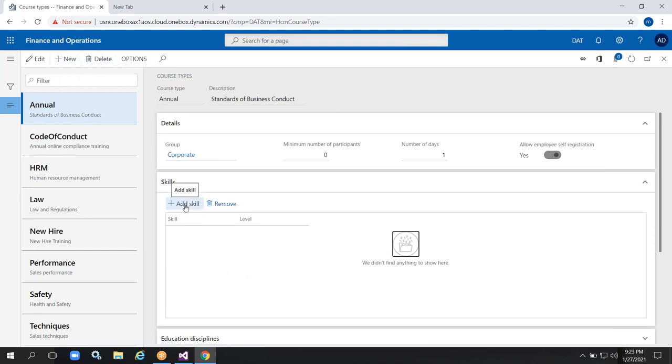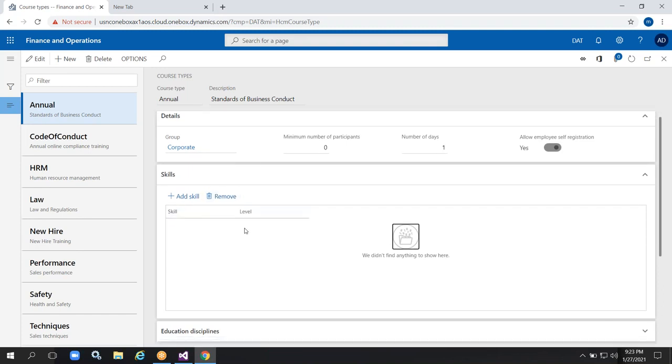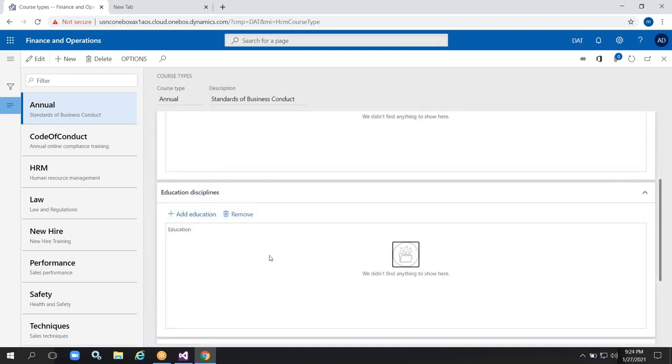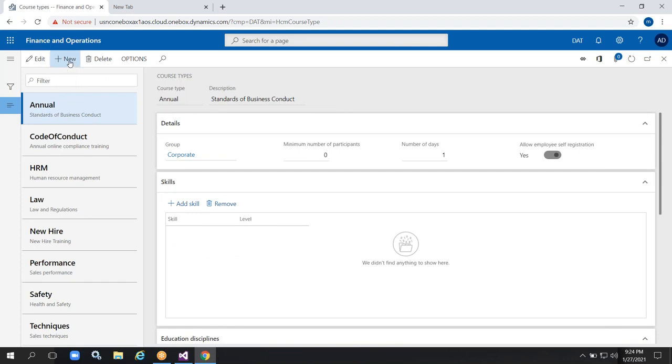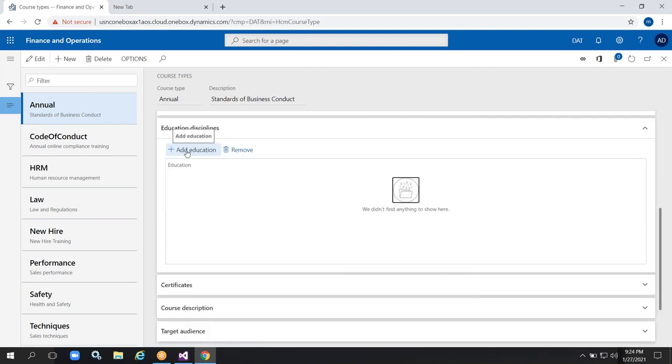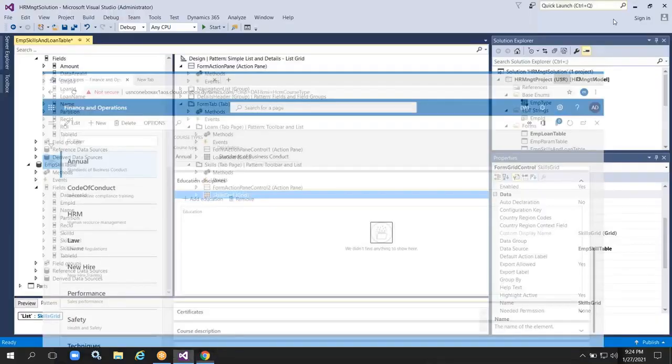Here also a delete button will be there. Here also add button, here also remove button. For example, if I click here, this action should point to this grid. If I click here, the action should be pointed to this grid, right? So we need to provide,